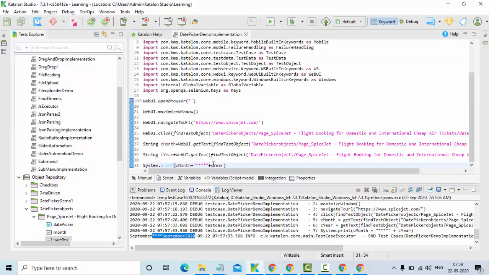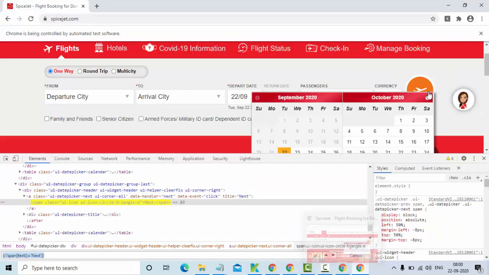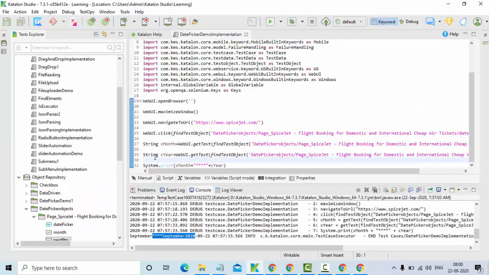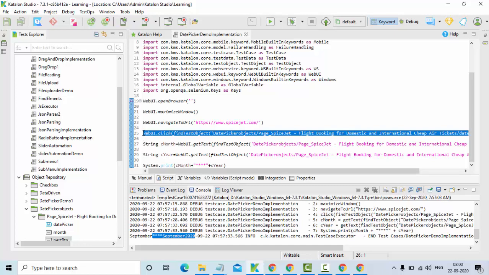Now let me execute the same script to make sure that year and month are coming properly or not. Before that, once it loaded, I'll click on this button, then try to get this year and month so that I'll understand this next button is also working fine or not. So I'll just copy paste this click function.